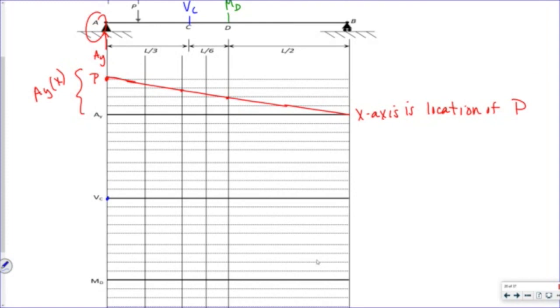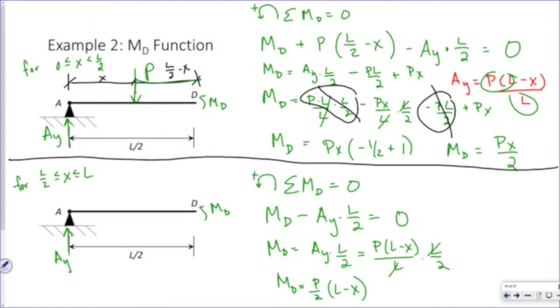So C happens right about here. Let's say this is minus P over 3. And that's a linear function if you go back and look at it. So it's just a straight line. Then if I look at that function again,